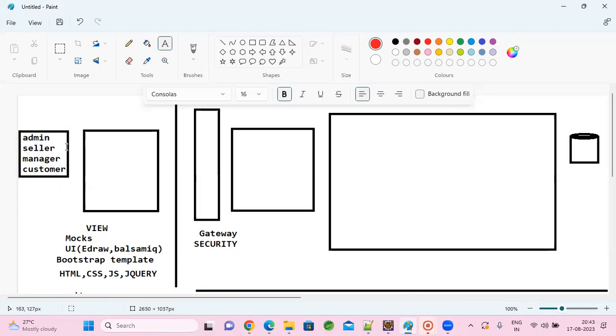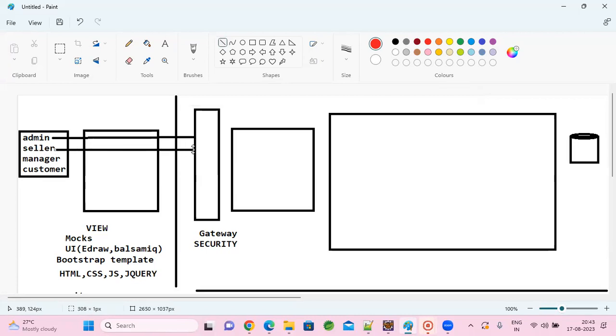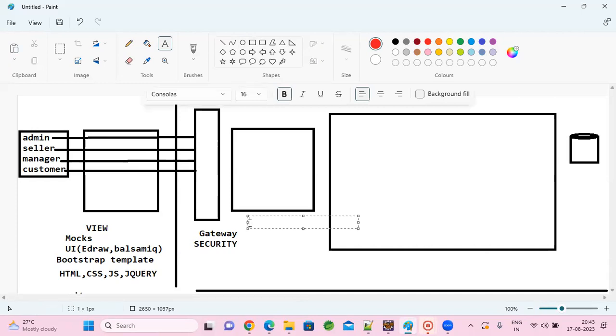All these services will access the gateway only, via presentation. Maybe you will have 4 presentation UIs, or one single presentation UI is enough. Basically, one should be sufficient. We'll think about the UI; either we design 4 UIs or one UI, that we will decide. Every request will come here. Once it gets the request, it will decide whether it needs to go to the admin module controllers. We will implement the controller part here.